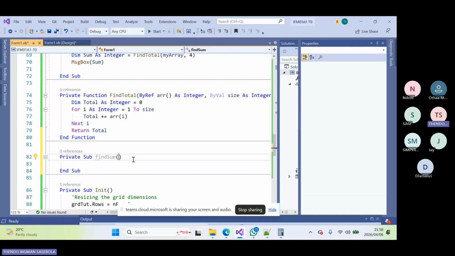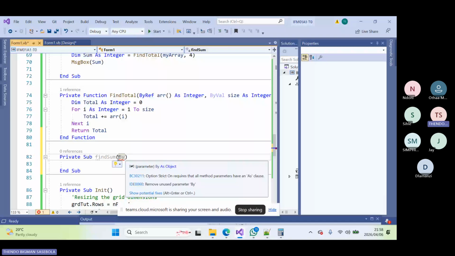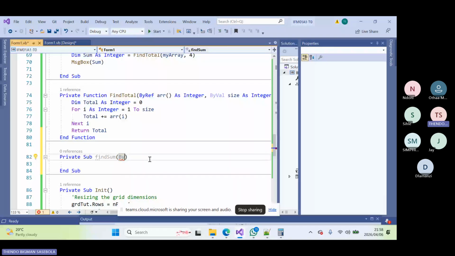So the changes that are made when we use by ref are permanent, and they are made to the original value as opposed to a copy in memory. So we might want to pass some variable here. Okay, let's do this. So by val,